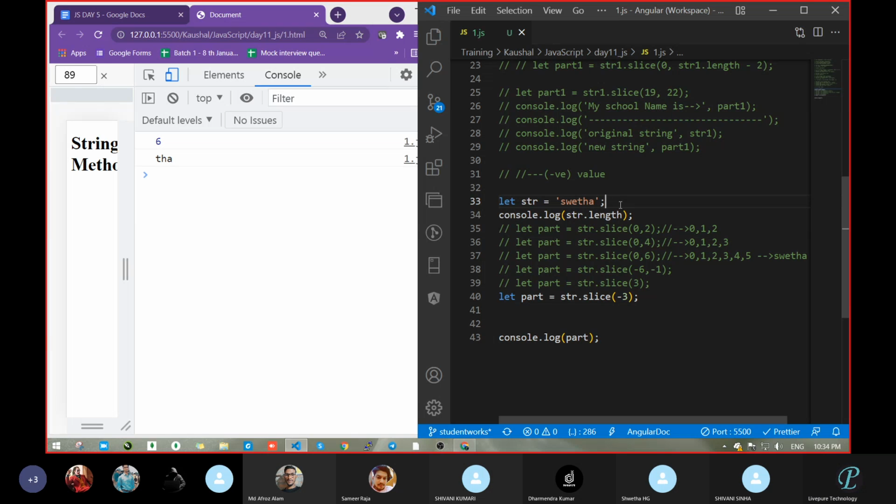Why? Total length is 6, so minus 6 means what? S or A? Yes, sir, S. Abhishek, S or A? Minus 6. Shivani, minus 6, S or A?